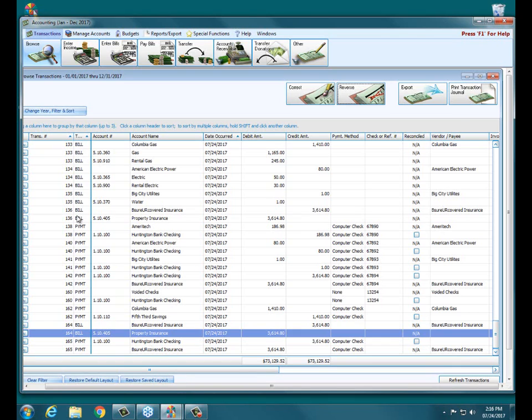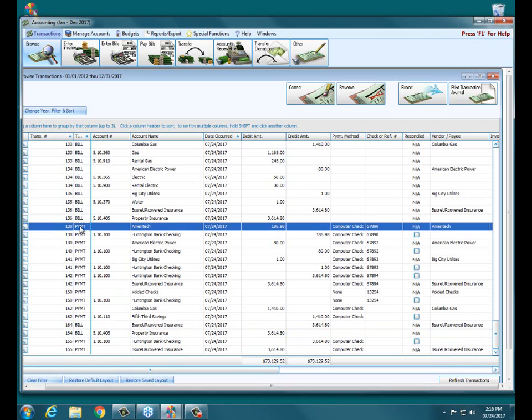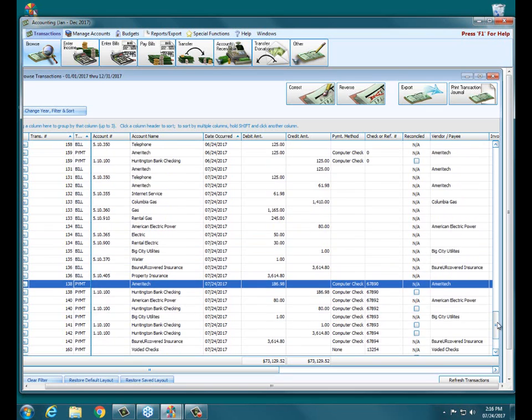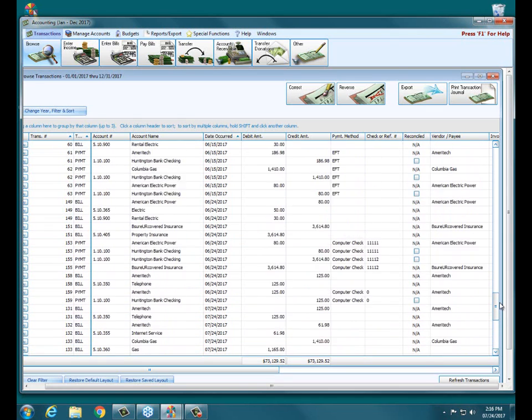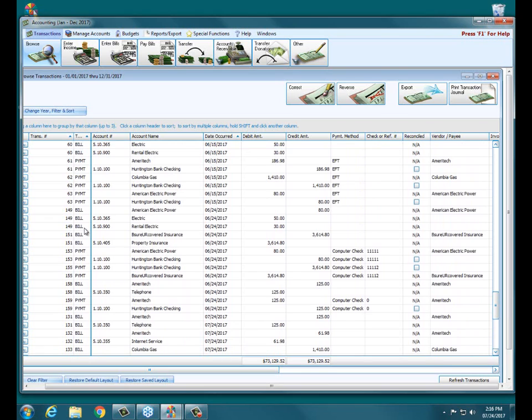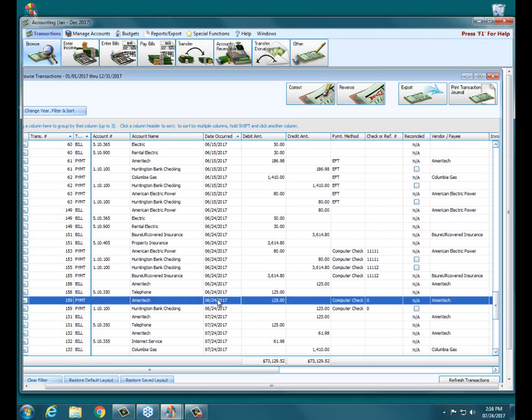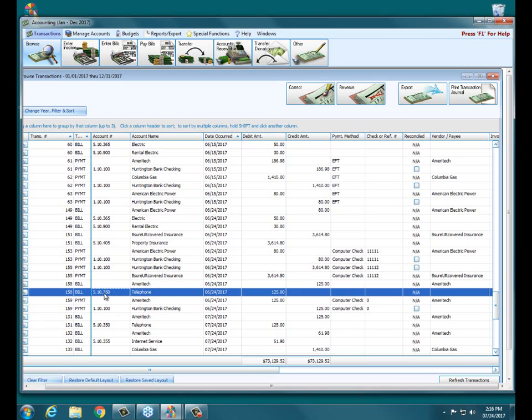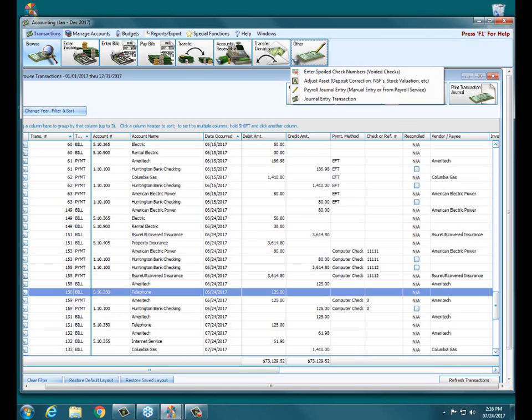In that case, I have a couple of transactions here. Alrighty. So it was 158 and 159. So again, like what we did with the one that was being reprinted, we just get the basic stats of the transaction, the amount, the account that it originally applied to, and everything, and then we go into other